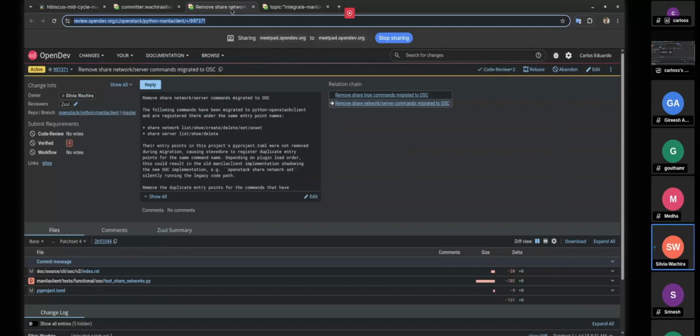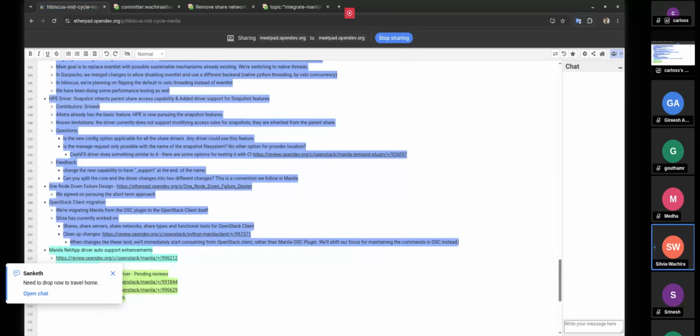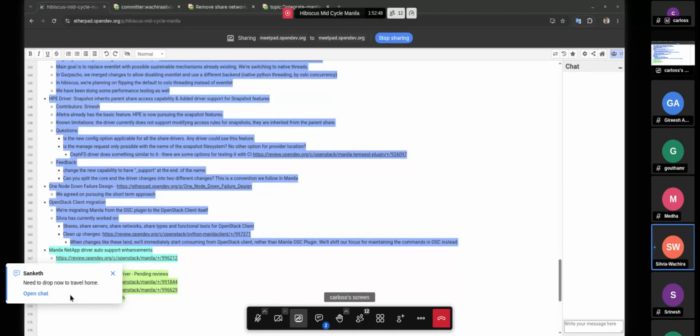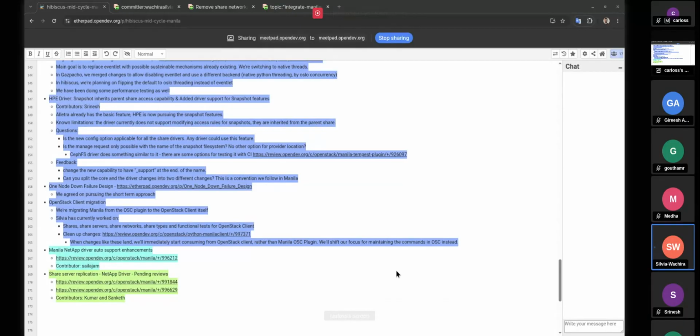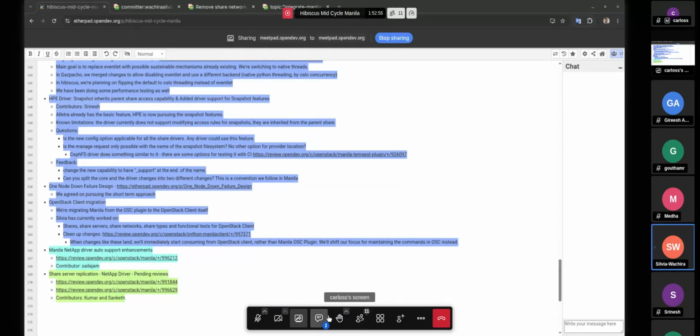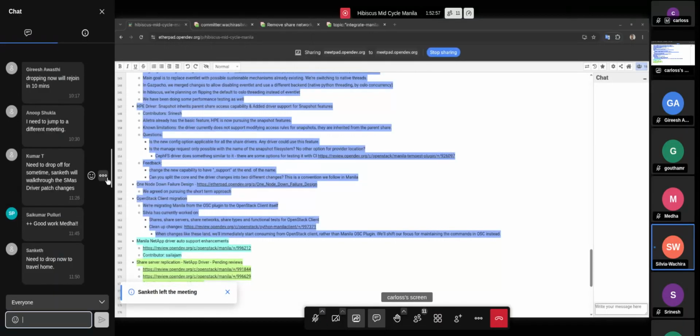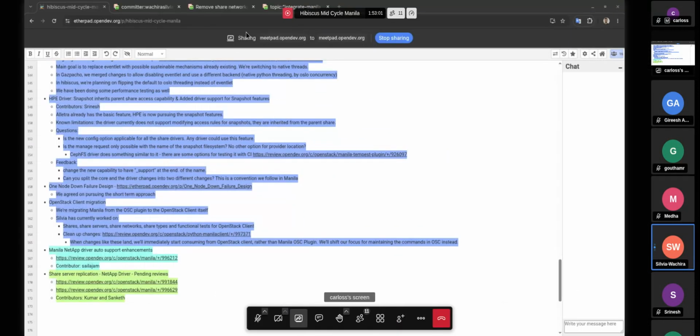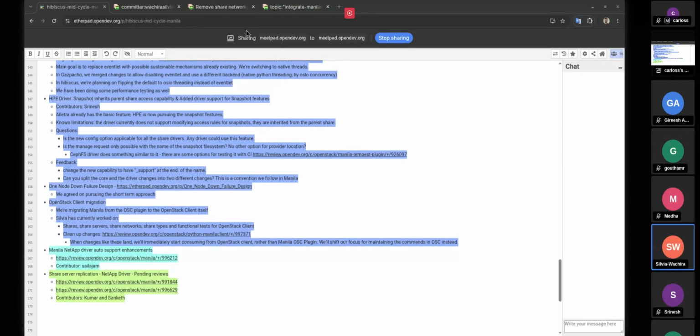My immediate priorities will be to learn the current review patches, so I'll ask Carlos and Gordon to look into that, but not just them. It could be anyone really. And then I will continue with the share type migrations, the remaining commands, and then I will begin the share server migration command part stack for the start, cancel, complete, and show. Yeah, so basically that is my update for today.